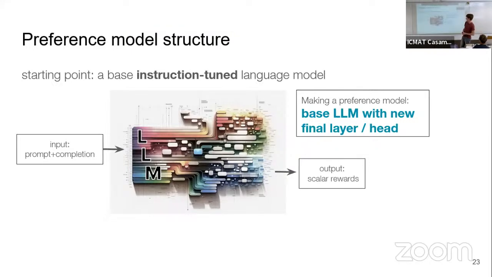Yeah, so we have the preference data. Okay, what is the structure of the reward model? Well, the reward model can be the same LLM as before. The thing is, we replace the final layer to just output a scalar. Remember that the preference model just runs, so it can be the same LLM as before.